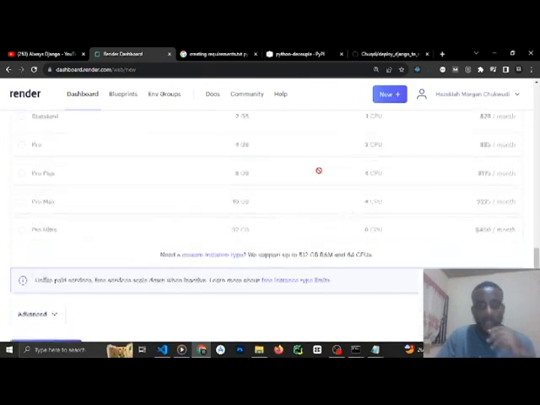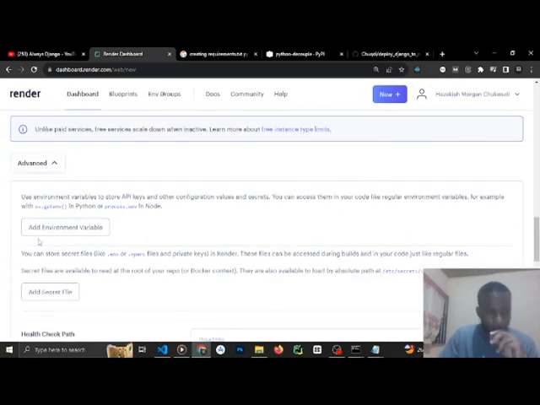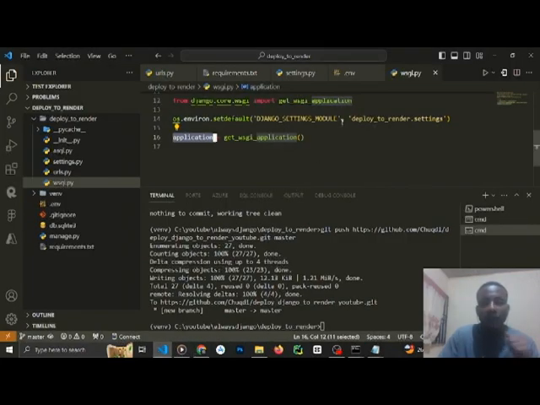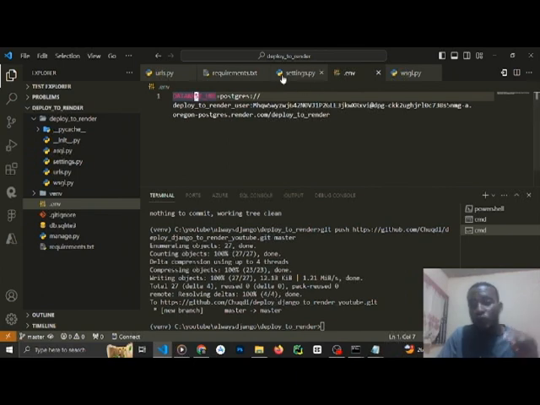So that's what we have. Under here, if you come under advanced, you see add environment variables. If you remember, we used environment variables here. The environment variable we use here is DATABASE_URL, the environment variable we used in our settings.py